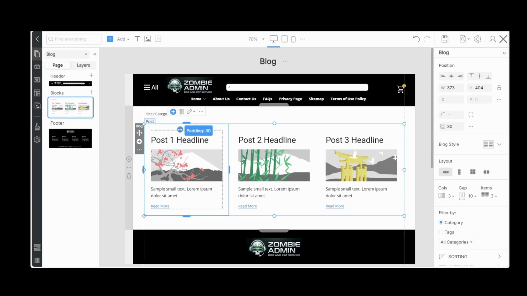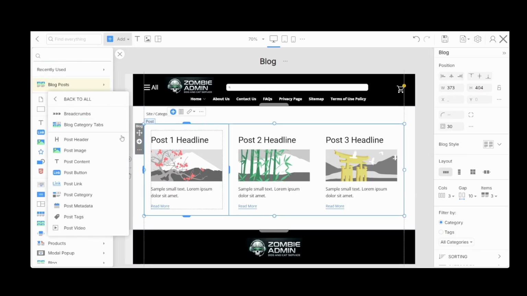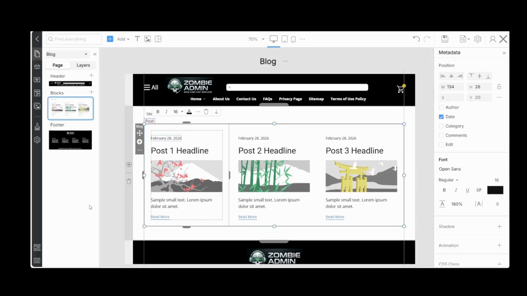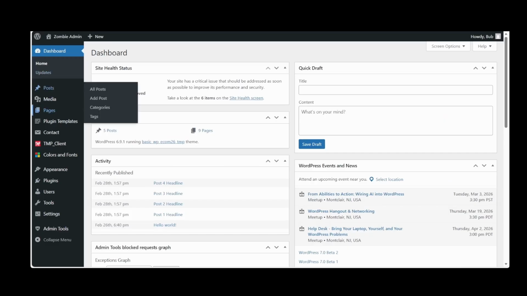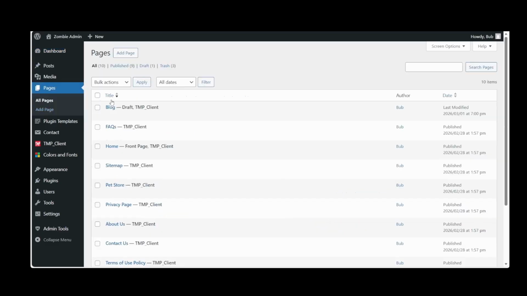Let's add some meta. And we'll click the author's name. Let's save. Now let's go to pages. Click on blog.